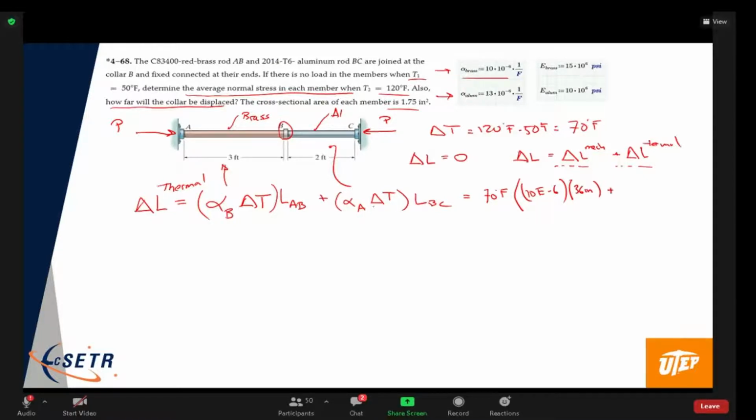Plus alpha for the aluminum, which is 13 e to the minus 6. And those are units of 1 over F. I should put that in here. 1 over F times its length, which is 24 inches. All right. And now we can calculate that the total change in length is actually going to be